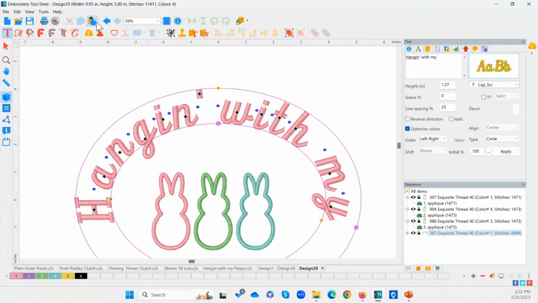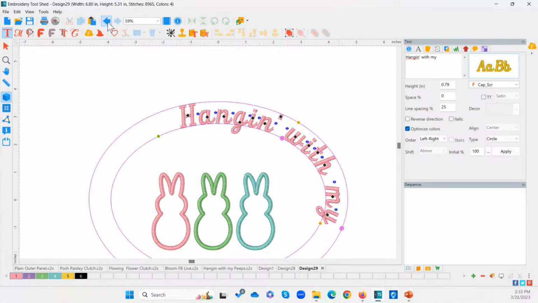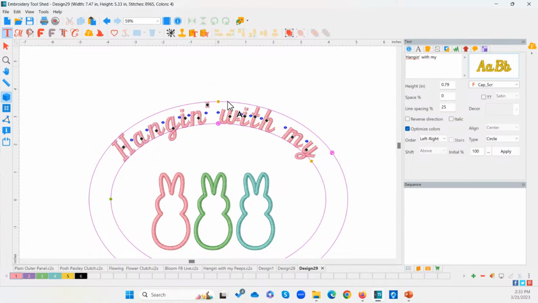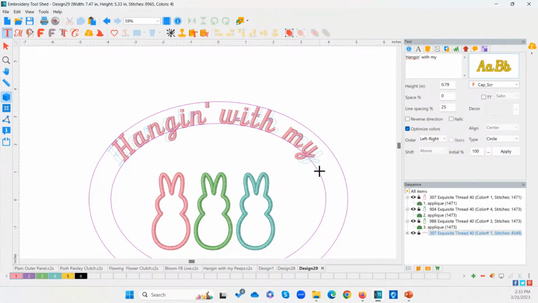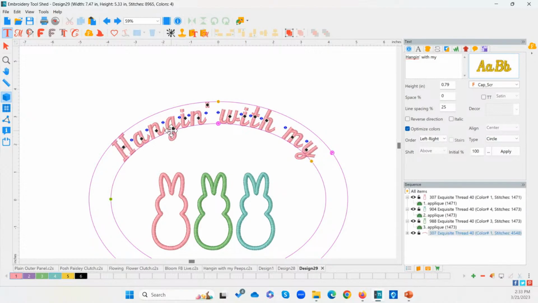And I'm going to do an undo there and put that back. And then this one moves it around the circle. And then I'm going to undo and put that back. So I urge you to play with all of these. They all do something different. And so now this one is pulling it around the circle without making it bigger. So each one does something completely different. Those double triangles in the middle will change the kerning just as we did with the bloom. So you can do that even if the text is not